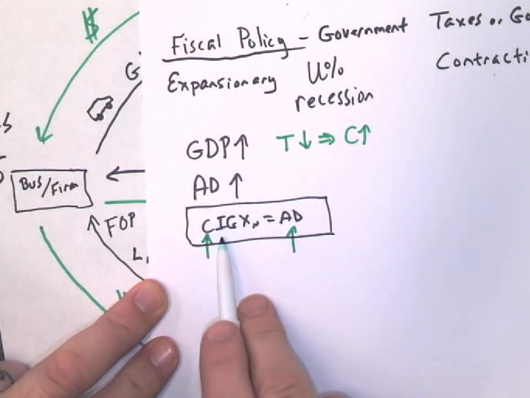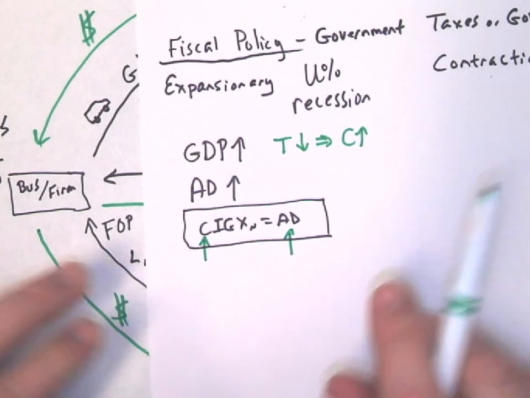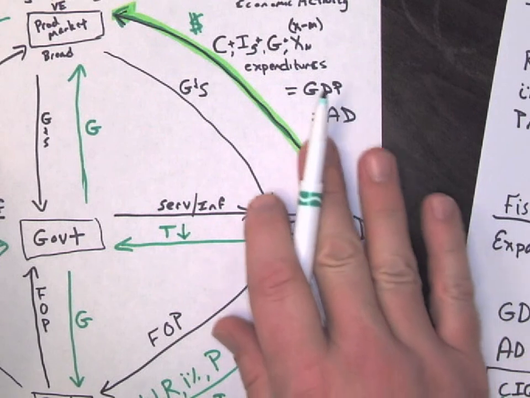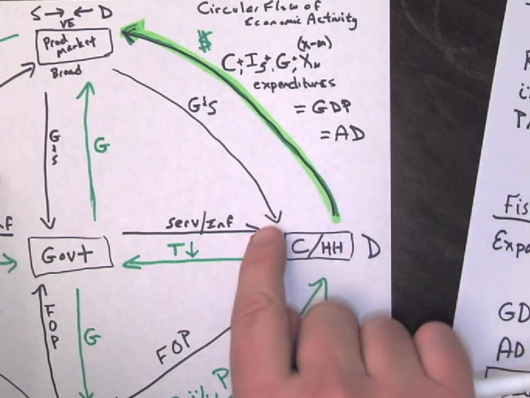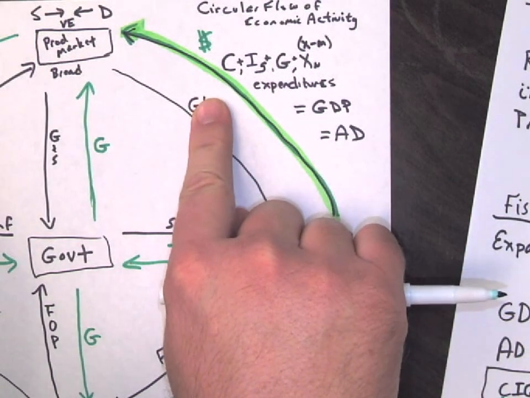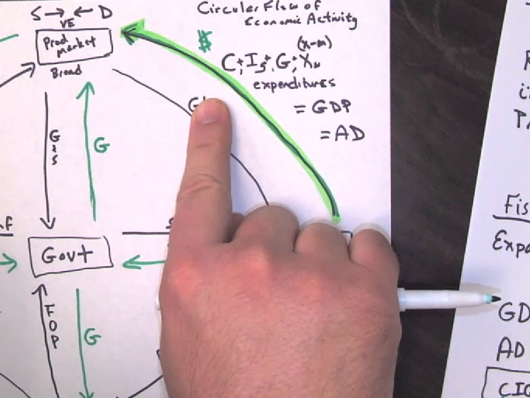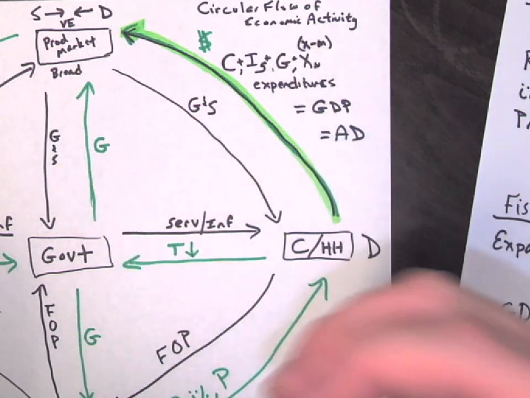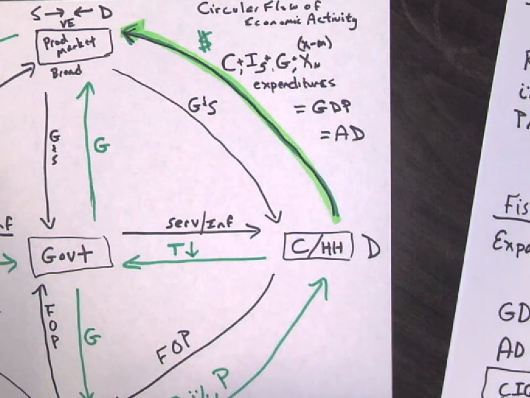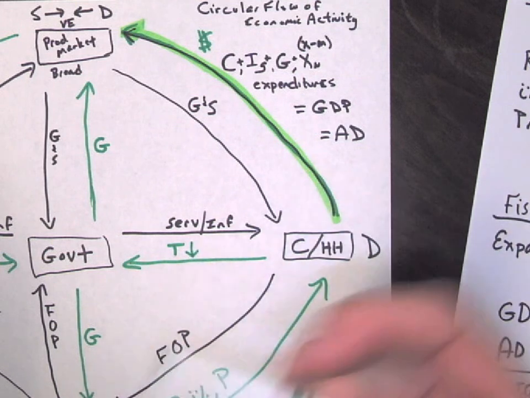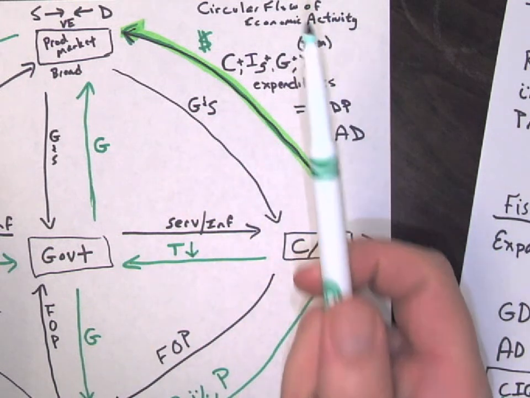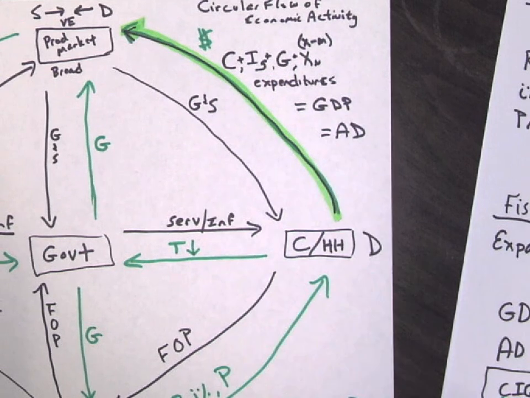So if one of these components increases and aggregate demand goes up, which is this side of our model, then all of a sudden, if consumption is going up, that's good, isn't it? The money's going to flow through the economy. So that's going to stimulate the economy. So when you hear the term stimulus package or economic expansion, things like that, green means go. That's an expansionary fiscal policy.